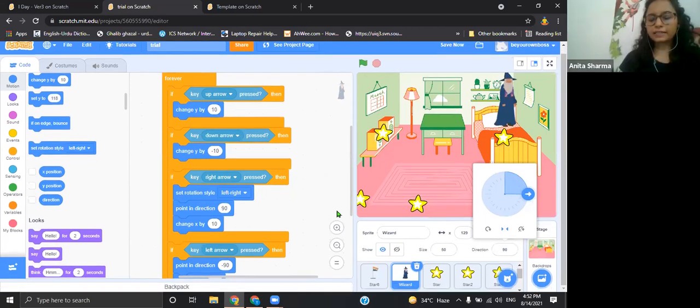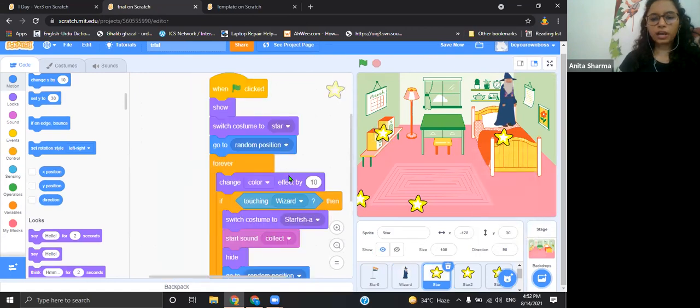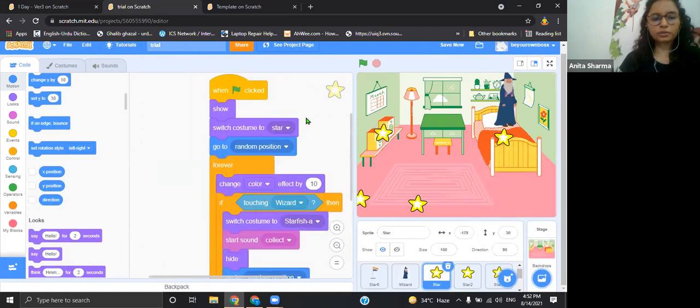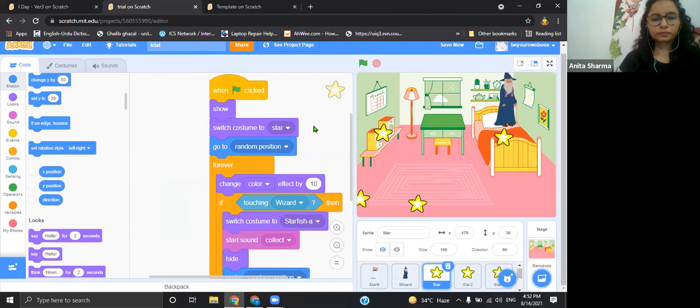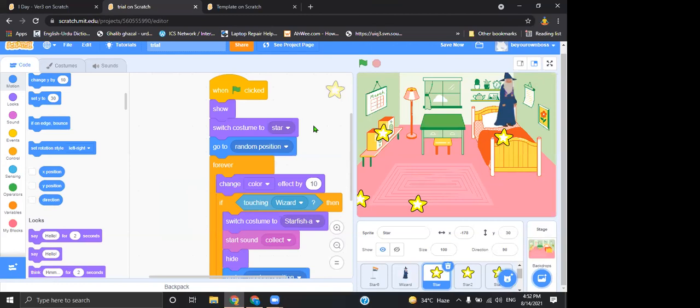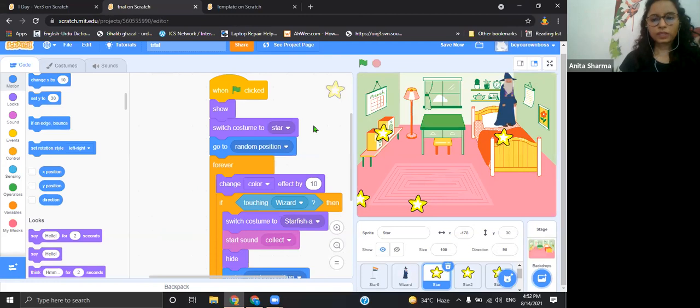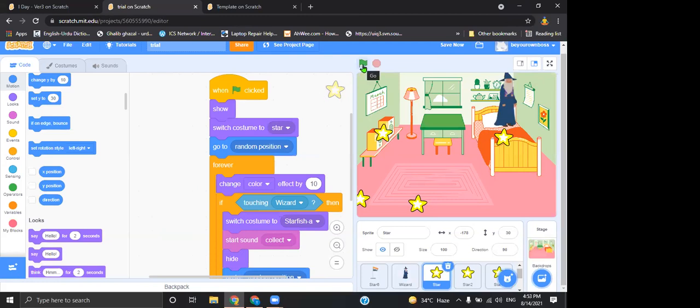So now what we did, we coded for the star. Have you done the code for the star also? Yes. I hope there is no issue. I want to ask you something. Clicking on the flag. When you are clicking on the flag, that time you are clicking one time only, and it's doing again and again, no? Yes. But if I am clicking one time, after that I have to click again, then the star will make sound.